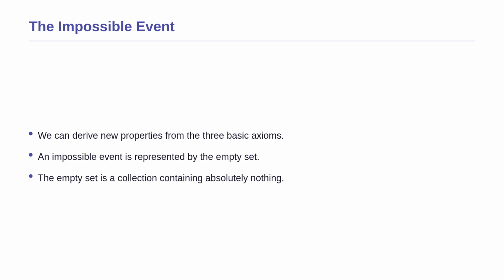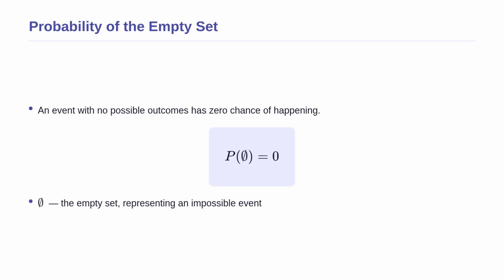With our 3 foundational axioms established, we can start deriving incredibly useful properties that apply to real-world situations. The first property we will look at deals with an impossible event. In mathematics, we represent an impossible event with the empty set, which is a collection containing absolutely nothing. We want to prove mathematically that an impossible event has a probability of 0. We do not just assume this is true. We must build a logical argument using only the 3 starting rules we just learned to prove it beyond any doubt. This brings us to the mathematical statement for an impossible event.